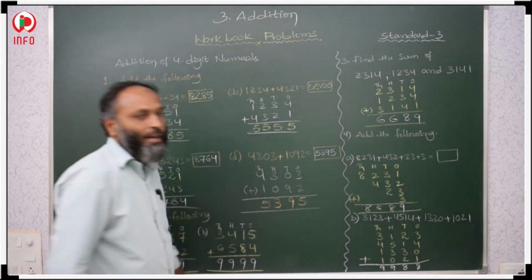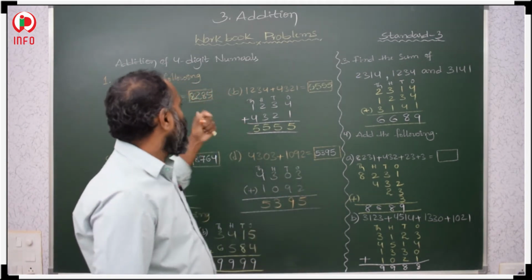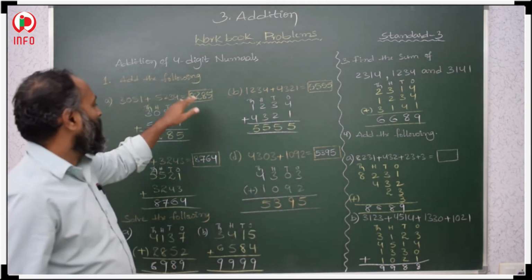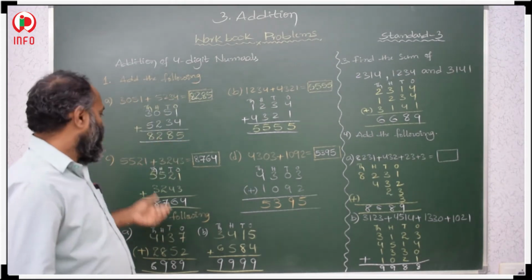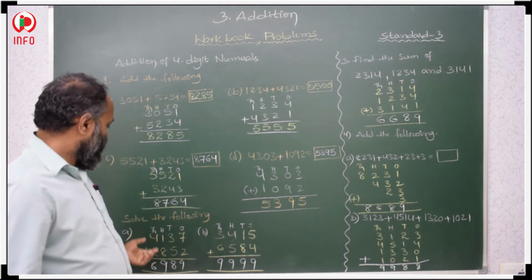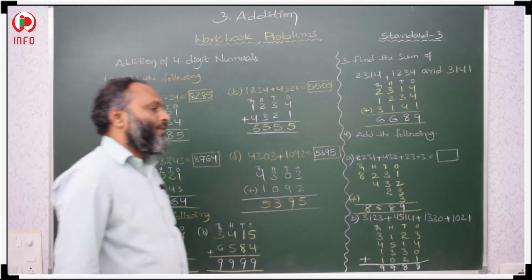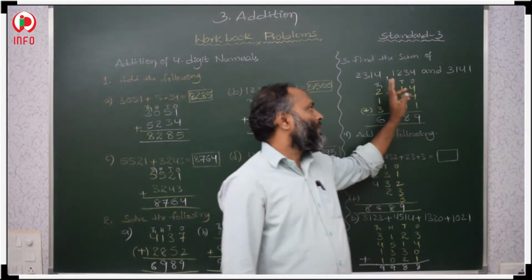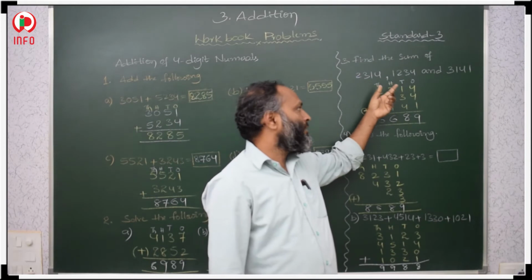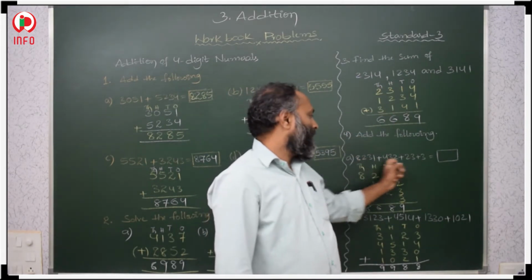Without regrouping, addition is there. So whatever the question, if the numbers are given in a row to add, you keep them in order and after that you add. If it is directly given in a column, it is very easy. And here, find the sum is given with three numerals. Those numerals you first arrange in this order, then after that you add. In a row it is given.